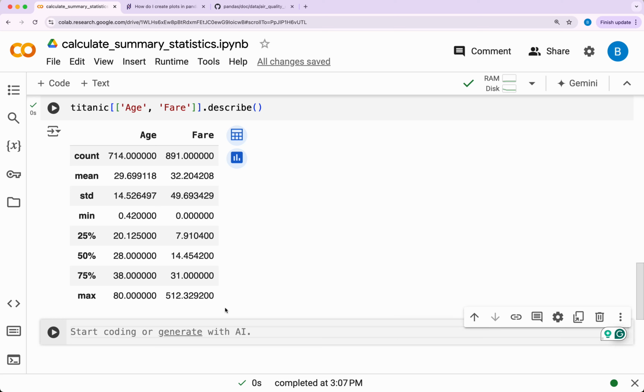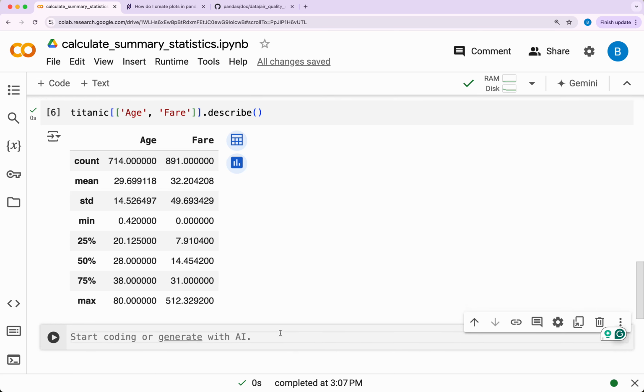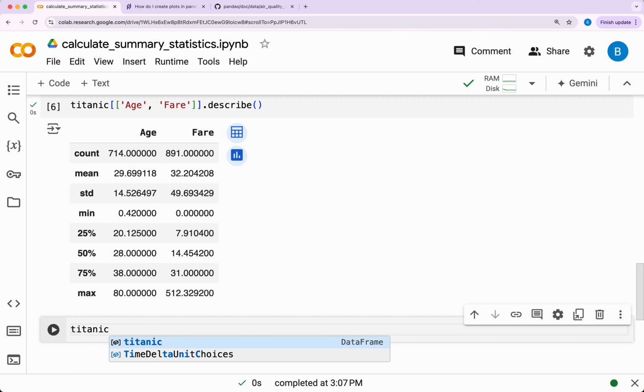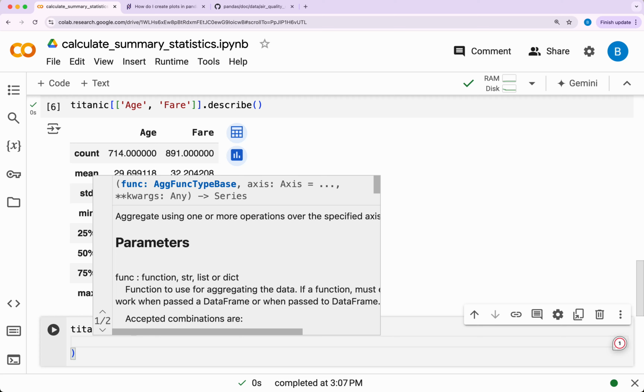DataFrame.agg method. And what that means is that rather than having all of these at once, say we don't want everything. For instance, we don't want the 25th percentile, the 50%, the 75%. We just want specific statistics. We can then use the agg method. And how we do that is by calling titanic.agg, which is of course to help us with the aggregating statistics. We can then pass in